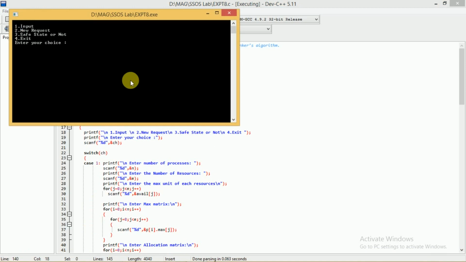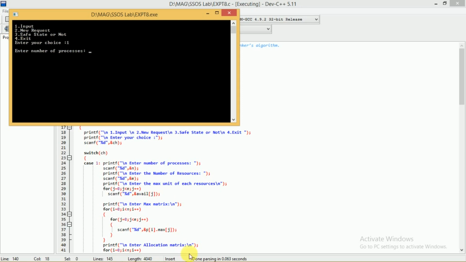Okay, so it is displaying the menu here. 1 is for input, 2 is for new request, 3 is for safe state or not, 4 is for exit. Enter your choice. Initially I will enter the first choice because I have to enter the input. After this it is going to ask the number of processes.